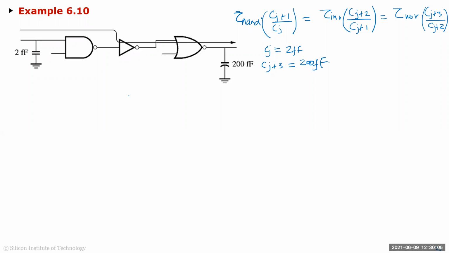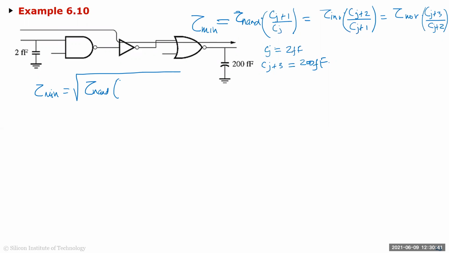Okay. So how do I minimize the path? Now, because all these need to be the same, I want to find out what this quantity needs to be. So all these, NAND plus this, should be some quantity. And that quantity, I can just take the geometric mean of all the delays. So this is equal to tau min, let's say. I want to see what this tau min is, and I can set it as the geometric mean of all the delays,